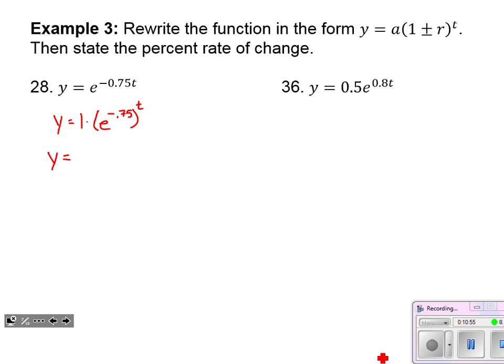So type that in really quick. e to the negative 0.75 power is 0.472. Okay, and remember, there still is that 1 multiplied out front. We don't necessarily need that there. All we're dealing with is the thing to the changing power. But if I wanted to express that as 1 plus or minus something, in this case, it would be 1 minus something. So let's see what that something would be. It would be 1 minus 0.528